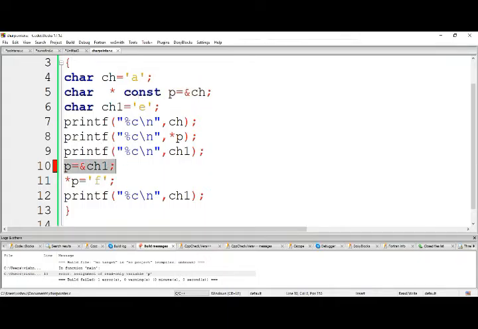It is a constant pointer now, as in the previous case where we created the array of pointers. We can't change the value of p. Every array is a constant pointer, which I have discussed earlier. Here the constant pointer will look like this. We can't change the value of the constant pointer. Once it is initialized with some value, we can't change the value of that pointer further, but we can change the value that is pointed by the pointer. Let me show you that one here.